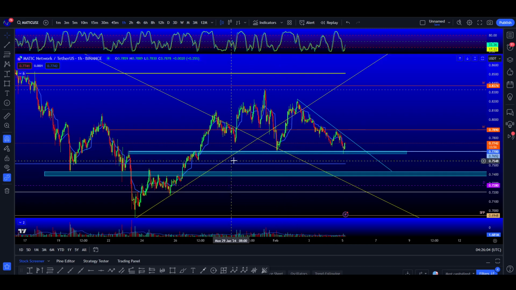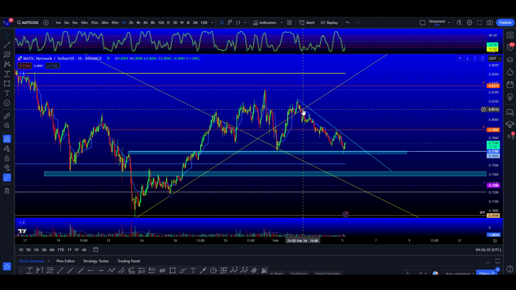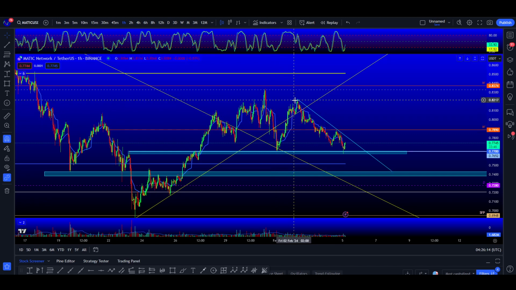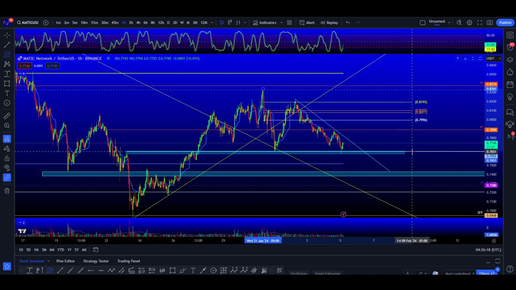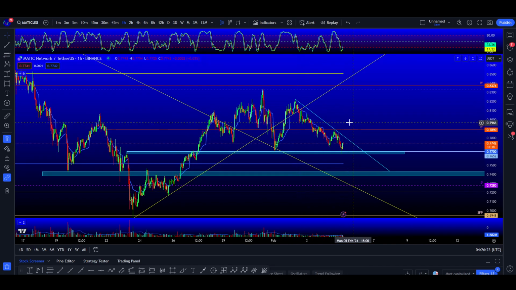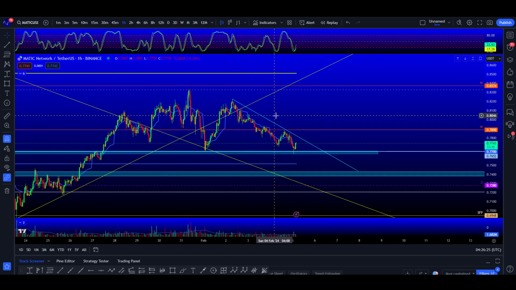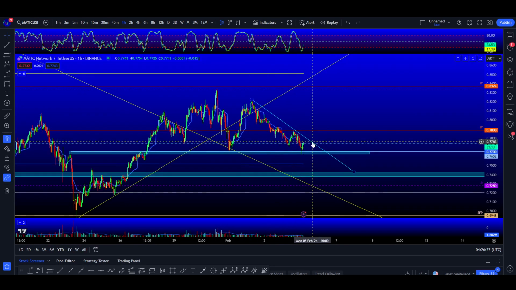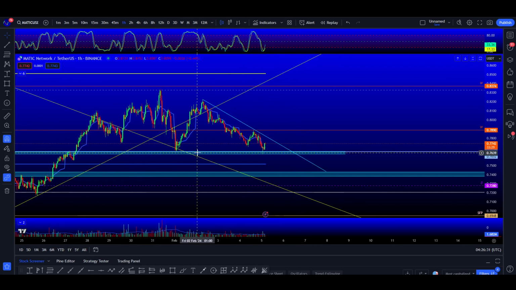a little bit higher. Now this trend line I did draw, and obviously once trend lines break, price action does become pretty bearish, as you can see. Now it did reclaim the trend line, but that did not last too long. I believe that came back to the 786, just about, before now selling off again. So MATIC is now once again right below another trend line, and what I would be expecting is, since it